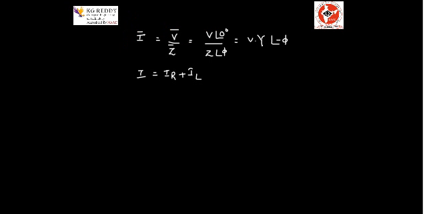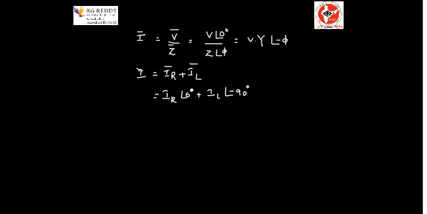Okay, according to the KCL, entering currents have to be equal to leaving currents. So I bar equals entering current is I. IR and IL both are leaving from the node. So this is equals to IR at an angle 0 degrees plus IL at an angle minus 90 degrees.